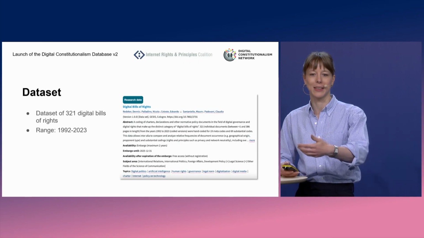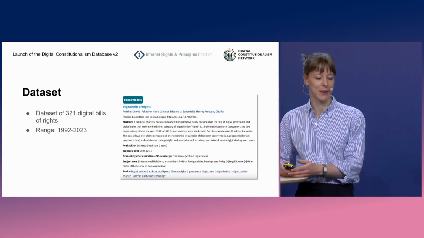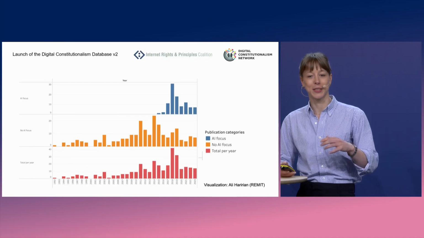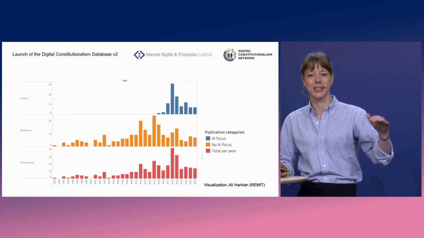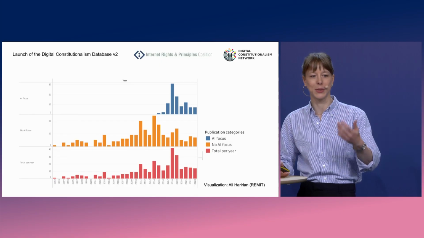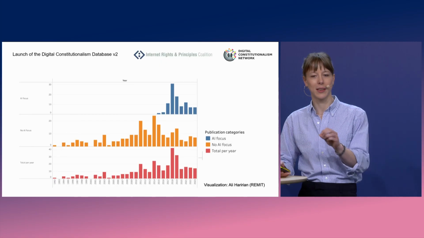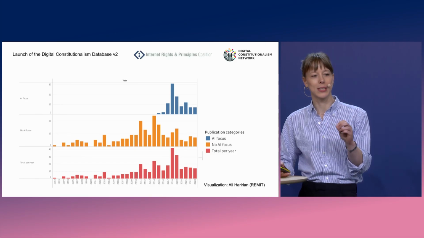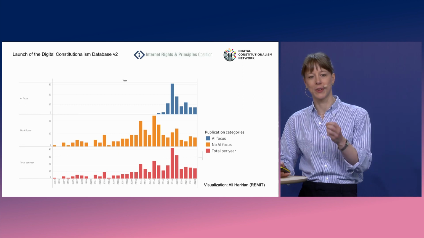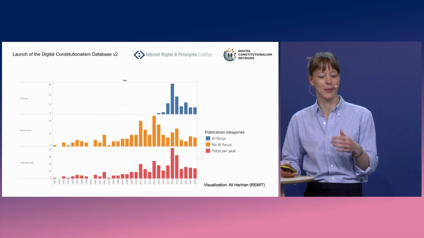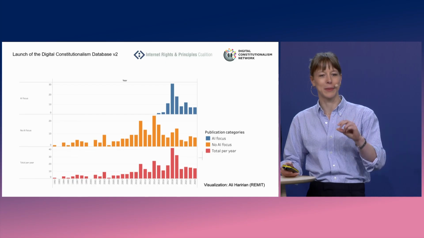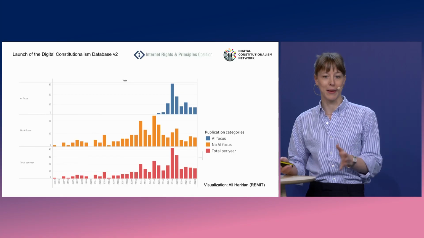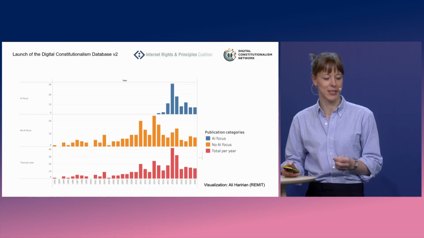So if you would expand it in future projects, then of course the database can be expanded further. The interesting first thing that we're able to do with this data set is to see the developments over time, so the frequency, how many of these bills are produced every year. What you see here in the bottom is the total, but above it's split up, because we noticed that in the most recent years, a lot of the production actually is related to AI. So even though there are indeed peaks, a lot of that peak is related to AI and continuous thinking about how to marry AI with human rights protection.